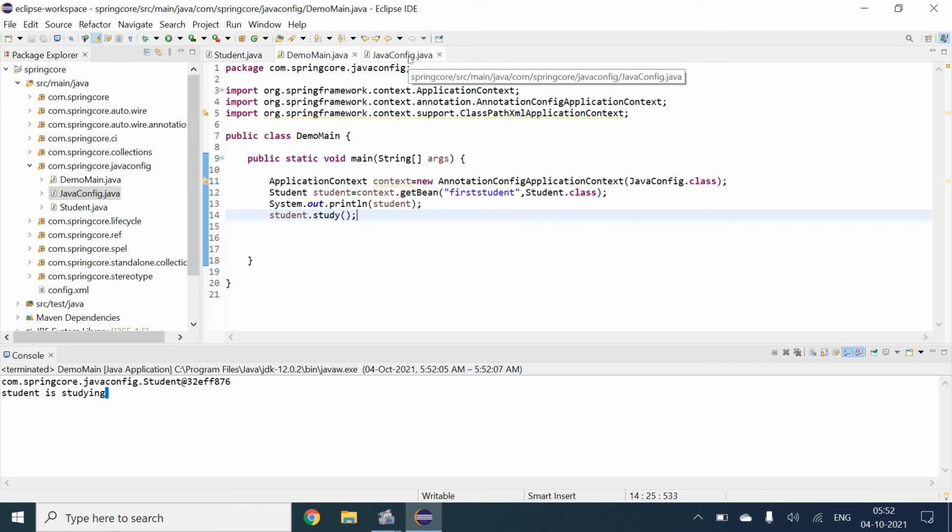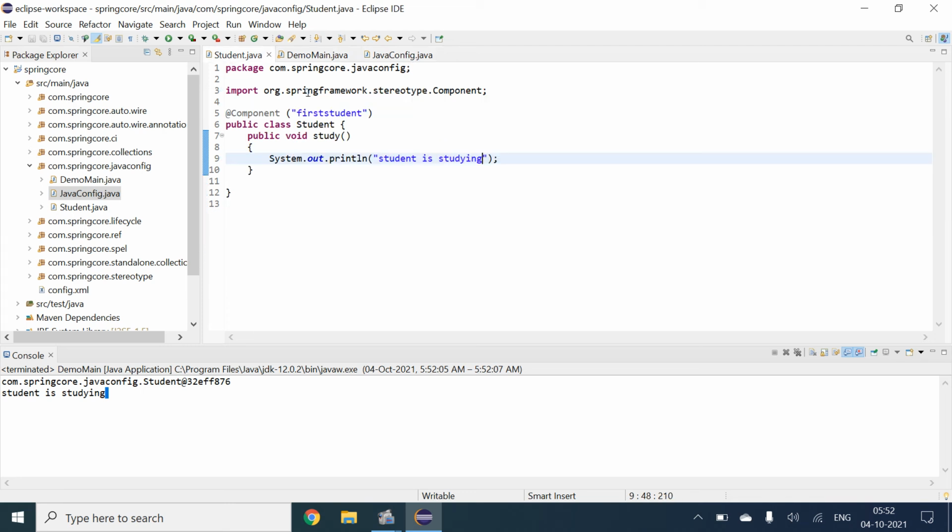Now I will try to remove those components. There is another way to configure a bean, that is the @Bean annotation.